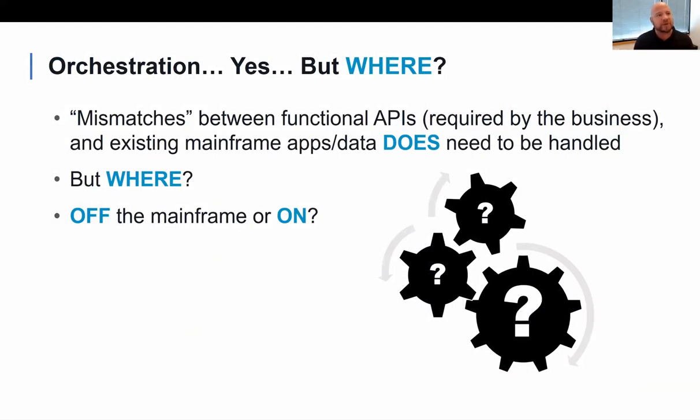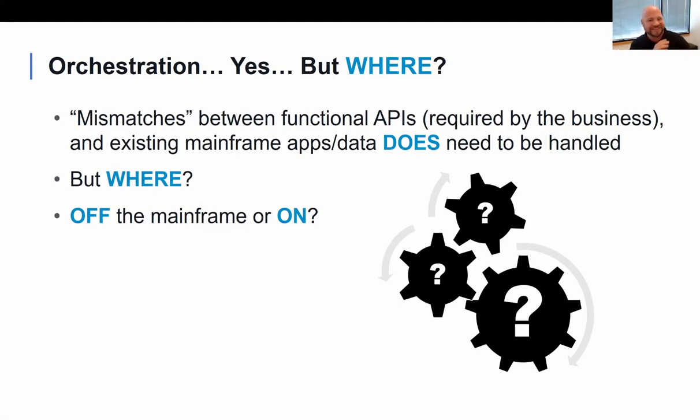So, where do we go from here? So, orchestration. We're always going to be the first to say that orchestration is okay. When you have a business process that needs to do 15 transactions, it's a lot easier to orchestrate all that, right? You want to make sure it's one call, easier for the developer to do. You're always going to need to resolve these mismatches that we just spoke about, and orchestration is a good solution. But the question comes down to where.